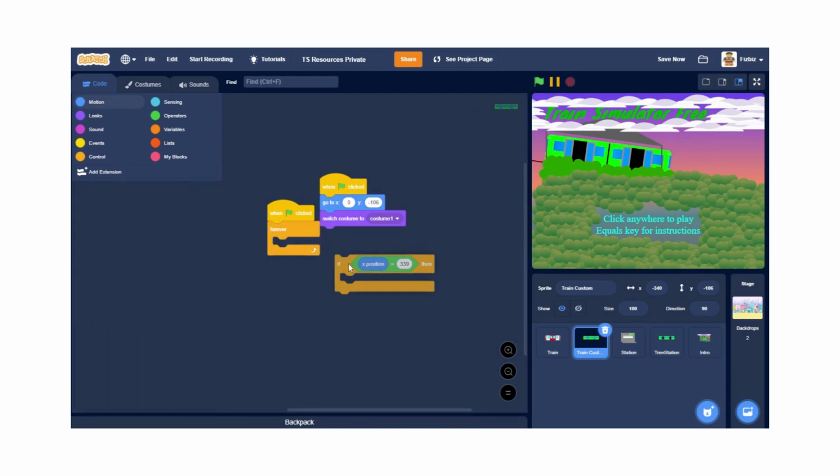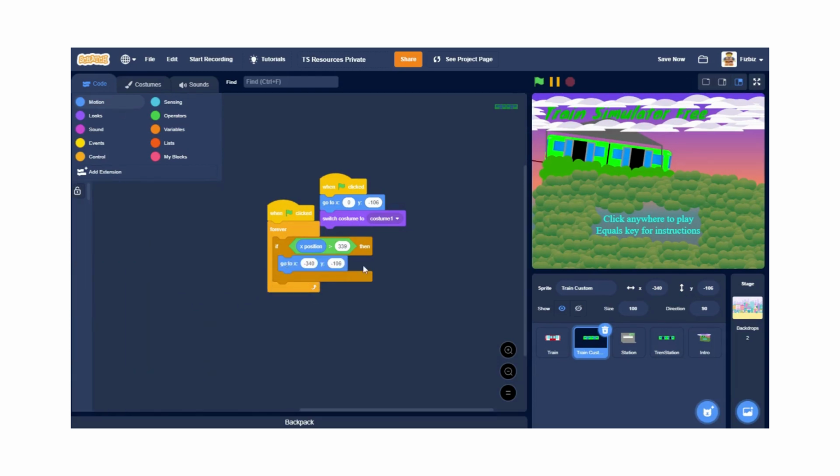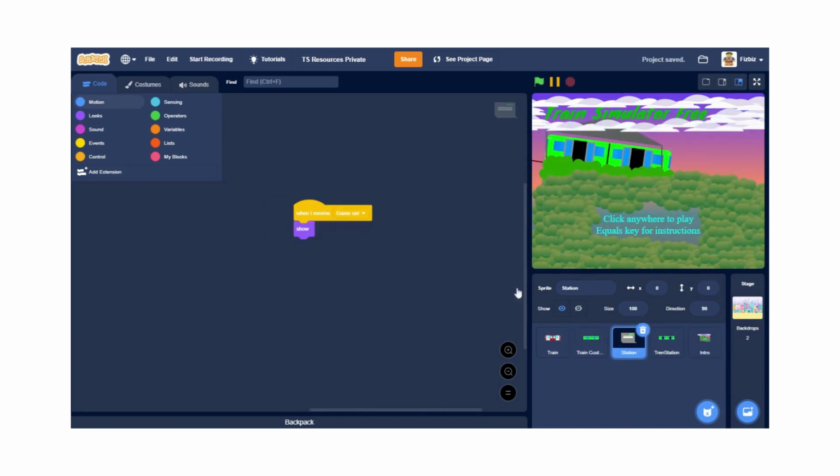So let's say if X position is bigger than 339, we'll go to X minus 340, yep. Save now, project saved. And in here,